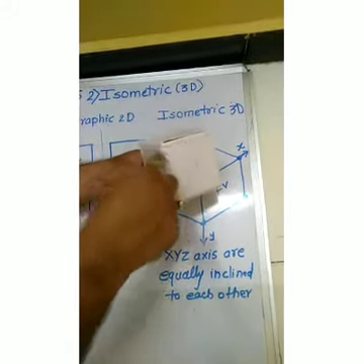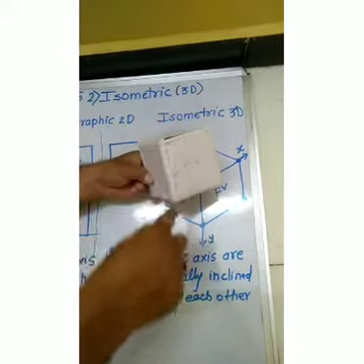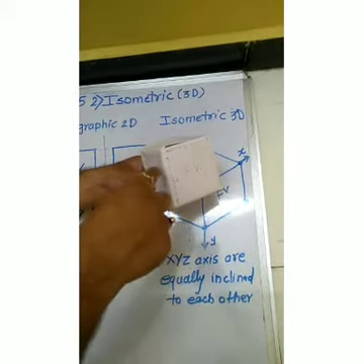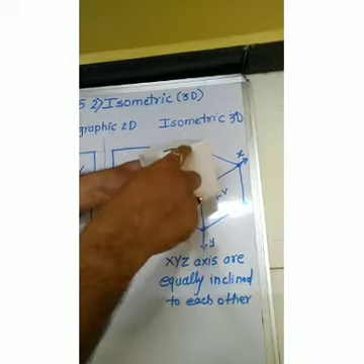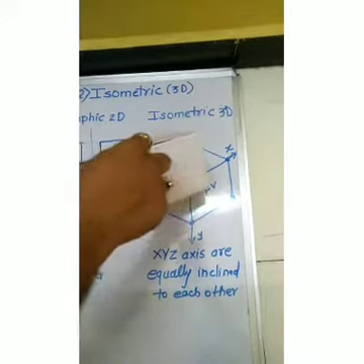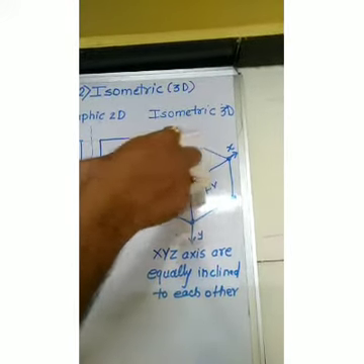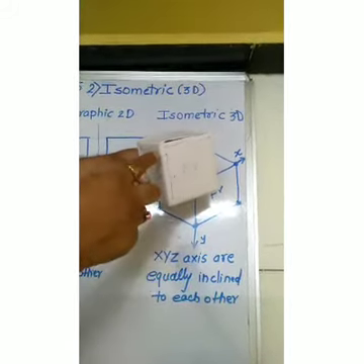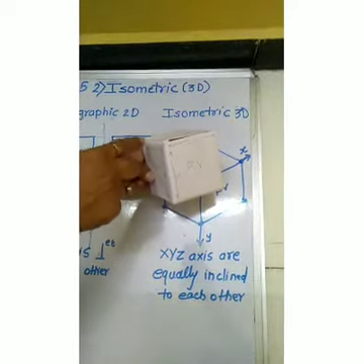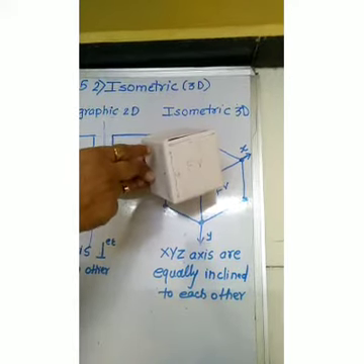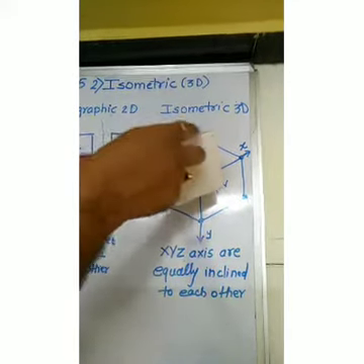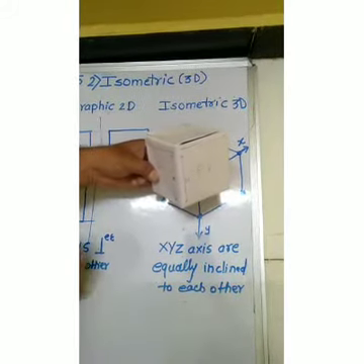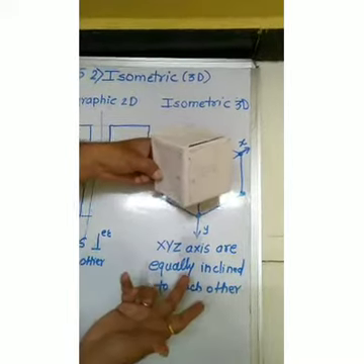This vertical axis, obviously vertical, that is y, the height of that particular object, should be vertical. From that vertical you have to take the x axis, which is at 120 degrees, and from this height you have to take the z axis, which is also at an angle of 120 degrees, and this angle also 120 degrees. So this is the difference between the orthographic and isometric projection methods.